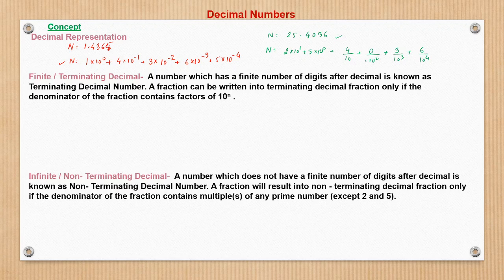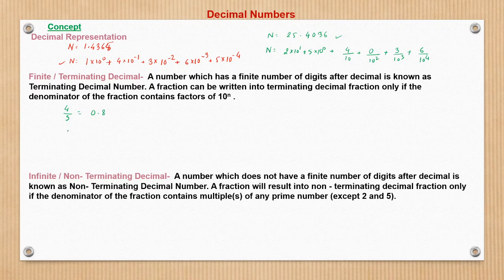So with this concept, now we move to the classification of a decimal number. As we have seen, a decimal number can be classified into two: either a finite decimal number or an infinite decimal number. What is a finite decimal number? This also we have seen: if a number is, say, 4 by 5, it is nothing but 0.8, right? After 8 it ends, there are no further digits after 8. So this is a finite or terminating decimal, wherein the number of digits after the decimal is finite, right?